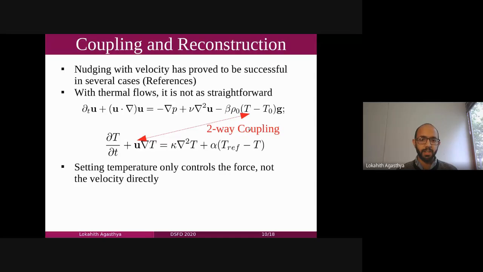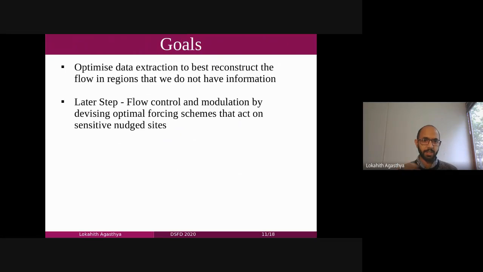So it is non-trivial to ask whether, if we have the same forcing everywhere, we will have the same velocity field everywhere. This is not something that we can state trivially. And so the broader idea behind this is, firstly, to have this kind of data extraction and try to extrapolate it to regions where we do not have data. And eventually, the idea is that once we understand which regions or which regimes react to this nudging and